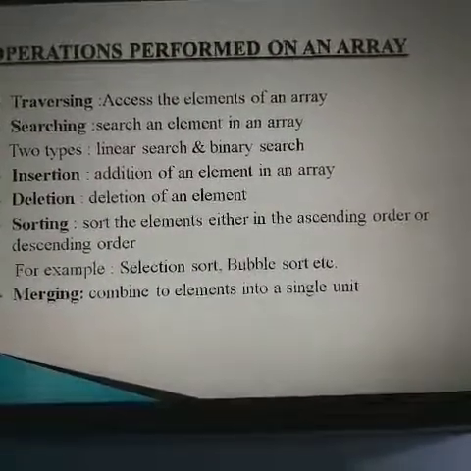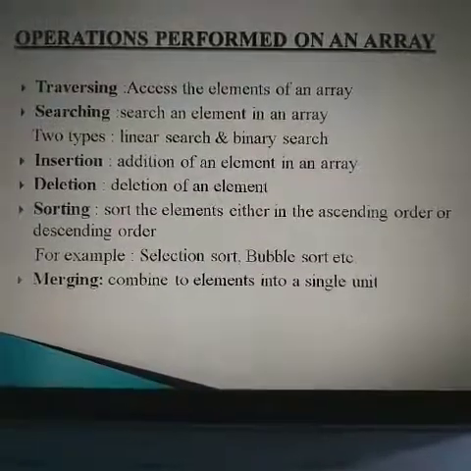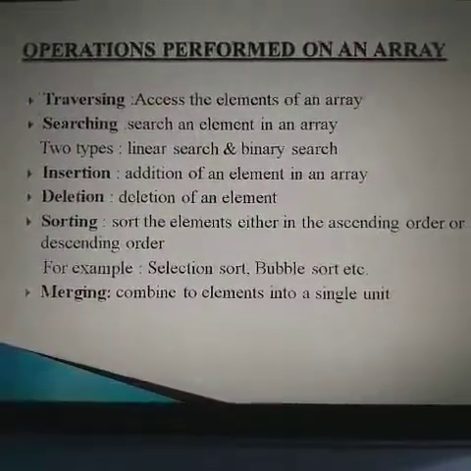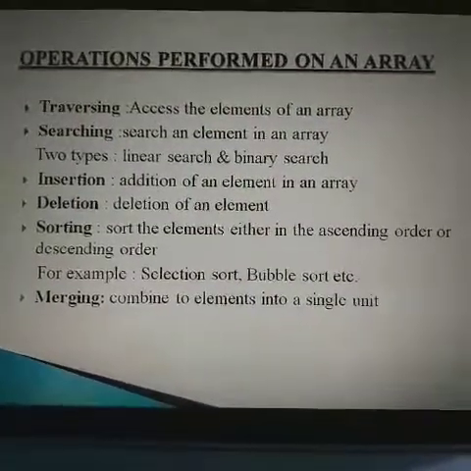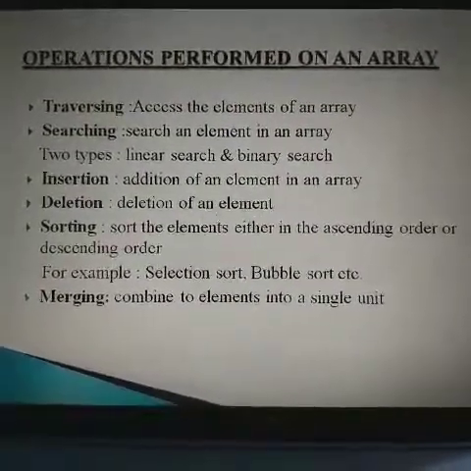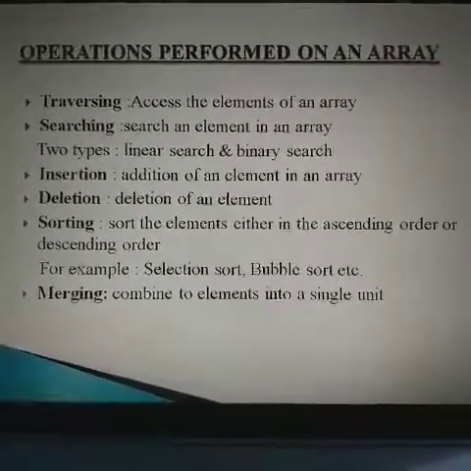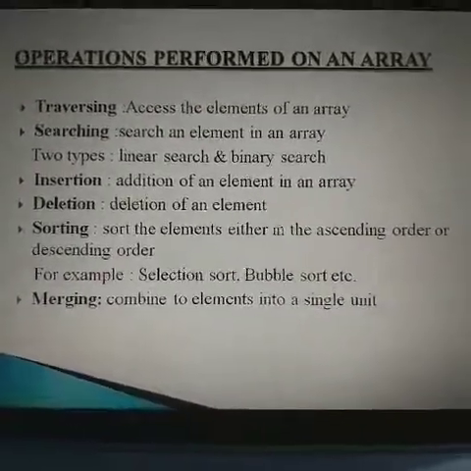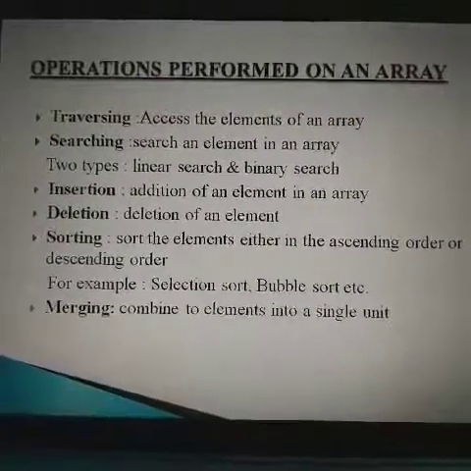For example, we have 5 elements starting from index 0 to 5. So we have to print all the values of the array. For example, a of 0 is 10, a of 1 is 20, a of 3 is 15, a of 4 is 7, a of 5 is 8, something like these values are given. So the user has to print all the values of all the 5 elements. So we have to traverse all the elements.